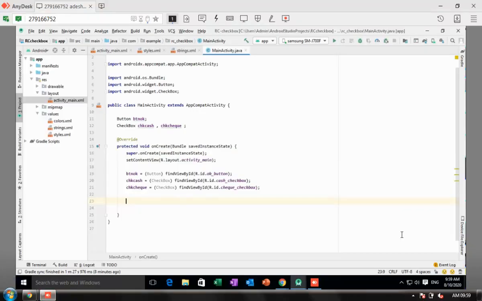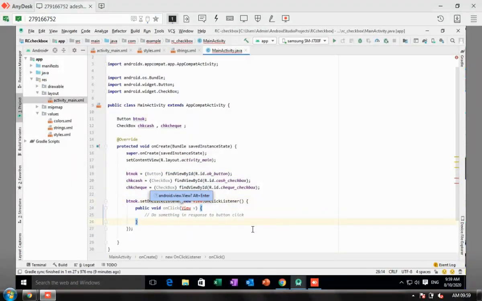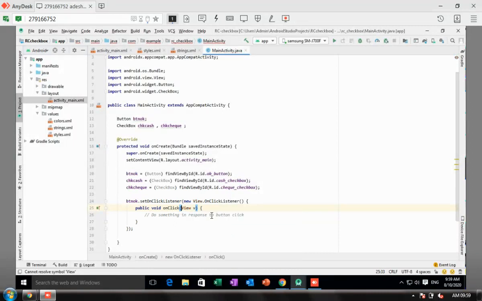Our button name differs. It's OK button, so we change this option. Fine. The view option we are going to add. We can just import it. You can import it by pressing Alt and Enter also. So that is added again here. That is done.